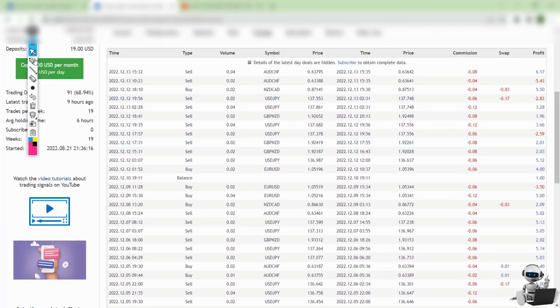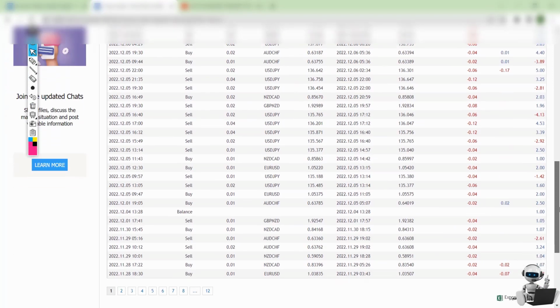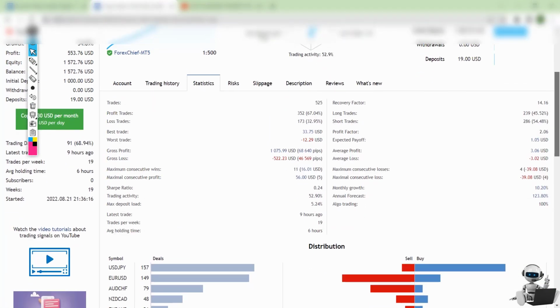good, but some people don't like it. So you can see we have a grid of trades opening here for USDJPY, and at the same time we have some increasing of the lot size if the trend goes opposite to the direction. So he is using a semi-martingale. Yes, it will have very high accuracy. We know that any martingale or any grid will have high accuracy, but the cost will be the drawdown. So for 525 trades, we have a big image here and a lot of data.